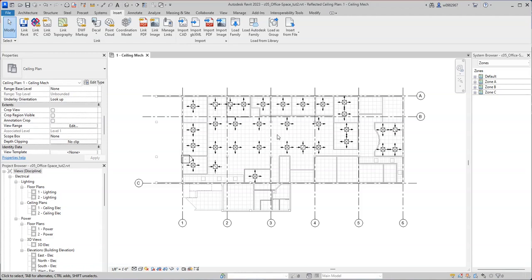Alright, this is tutorial number 2 from our 2021 book, Exploring Revit MEP. After you place your air terminals, the next thing you're going to do for tutorial number 2 is to create a schedule that could help you verify and check whether the air terminals that you put in have